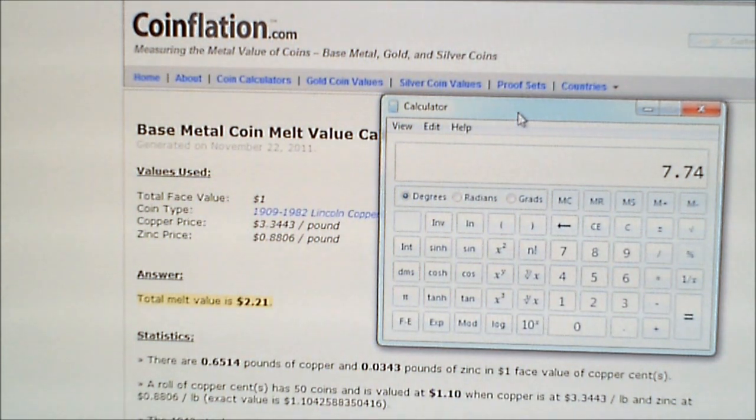Alright? That's the first one. Because the thing is, I don't want to get ripped off either. That's why I don't go on eBay. Alright? I don't want to give you $7.74 of my hard-earned money, even though the price of copper per pound is not even that. So again, guys, I was reminded in the comment section that you can make so much